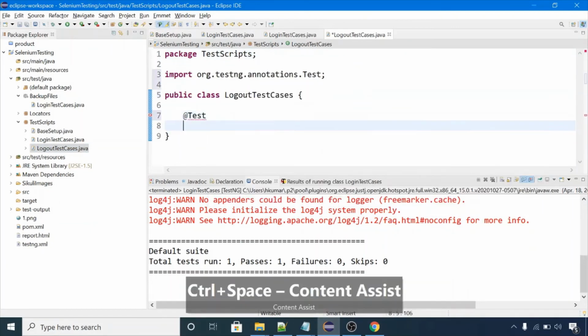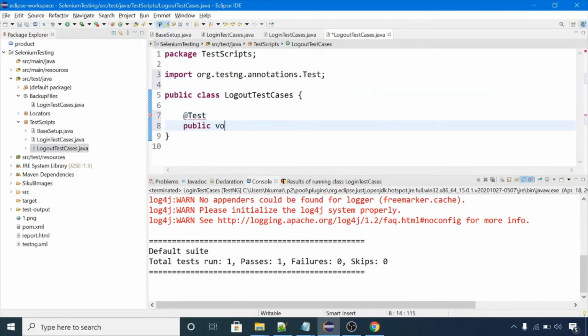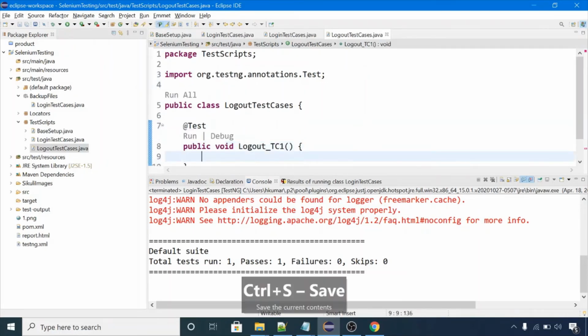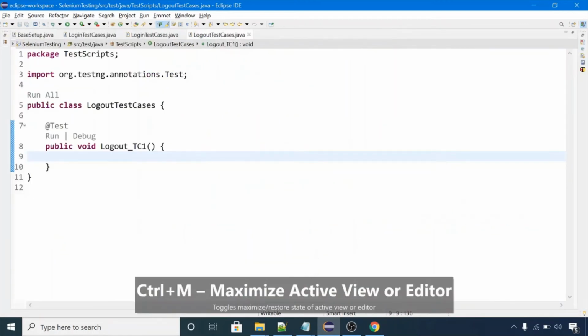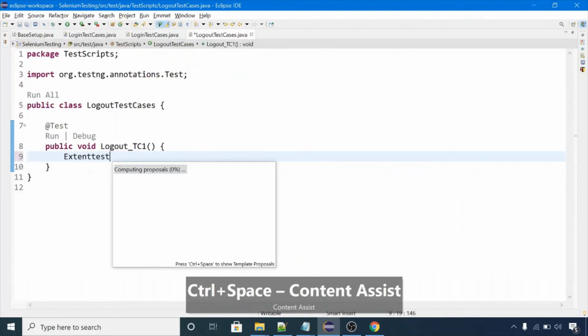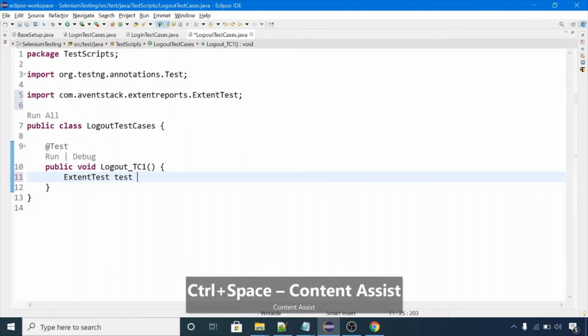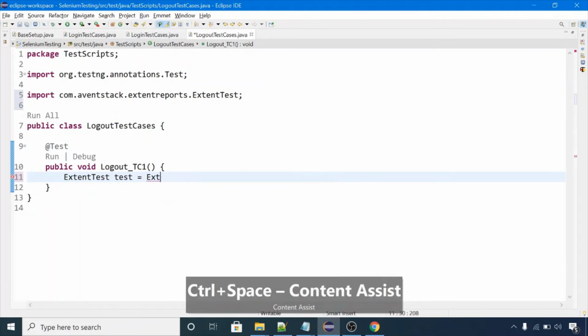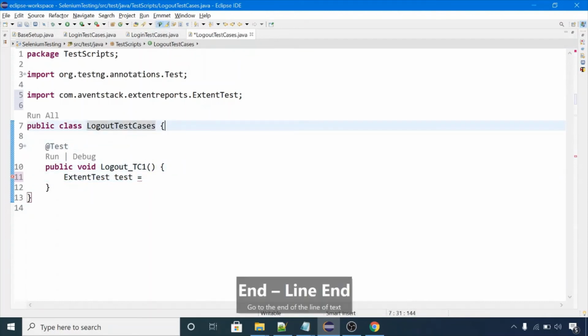Test, public void logoutTestCase1. In this file we can create ExtentTest, and we need to extend the base setup class.